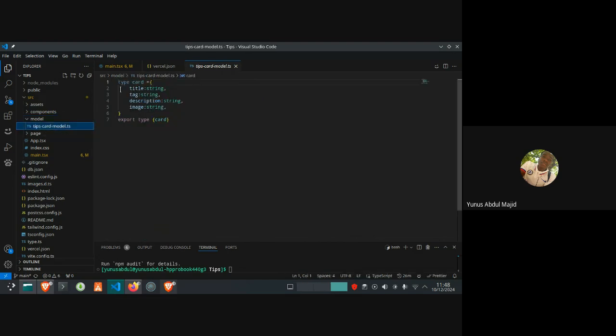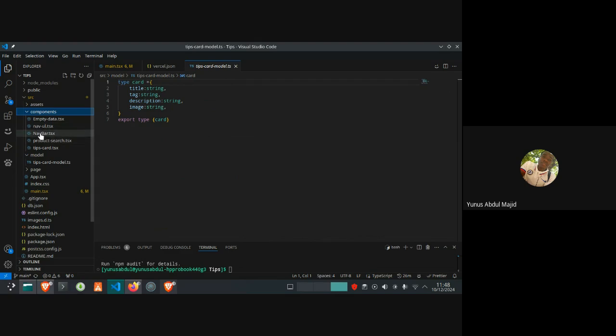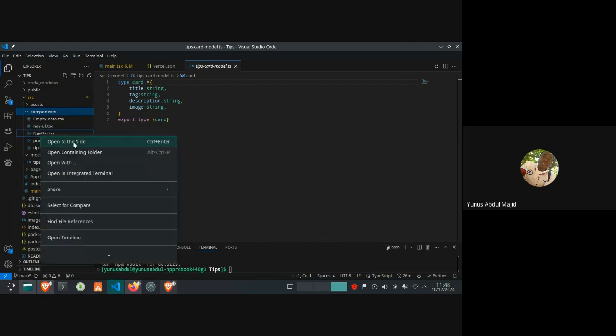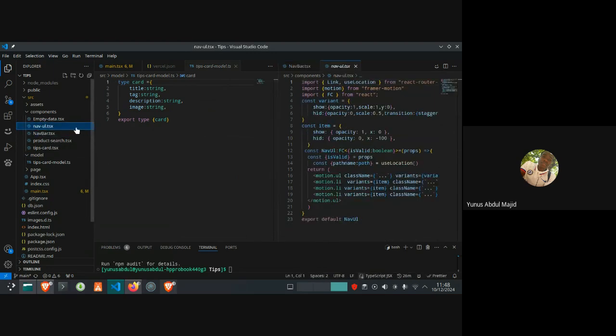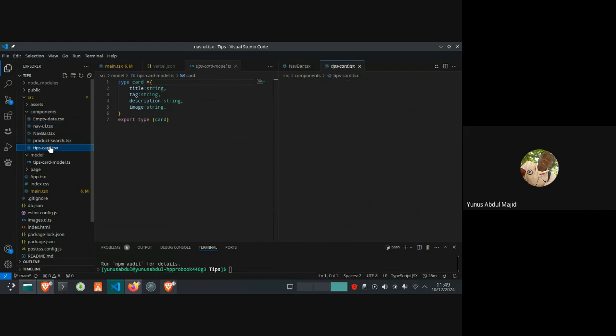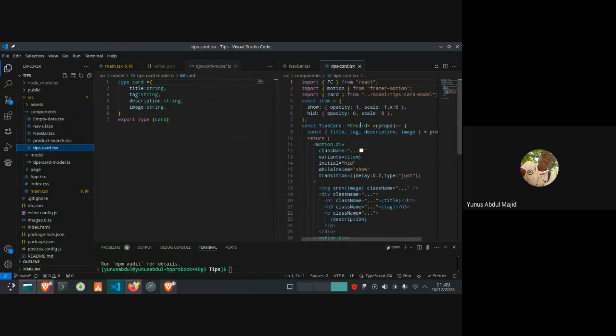And this is where I'm calling. This is where I set the types. But you can see here, in the tips card, it already knows what it's supposed to call.